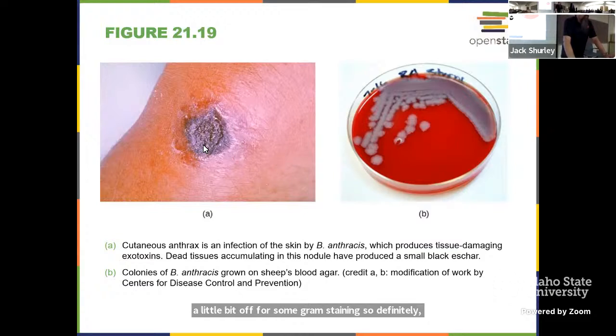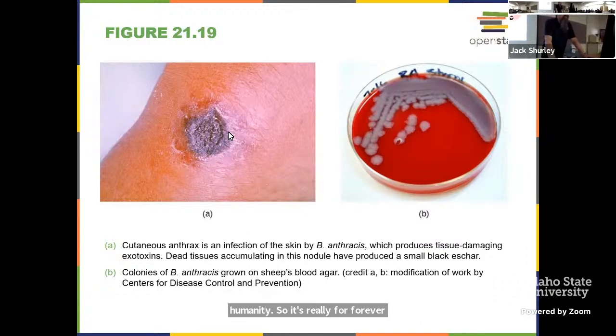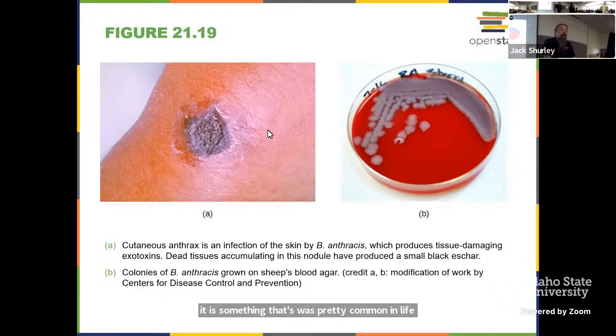Definitely some potentials with this. Cutaneous anthrax is something that's plagued humanity since really forever. We think of this, or have described it, as wool sorter's disease, because it was pretty common in livestock and handlers. So sheep herders or the people shearing the sheep, it was a pretty common occurrence to get infected with this because the bacterium is out in the environment, potentially getting on the hide